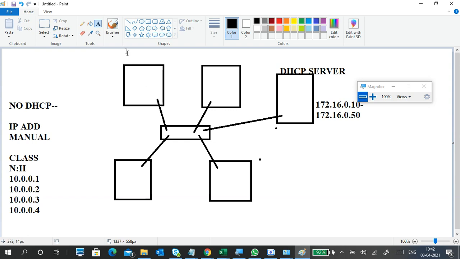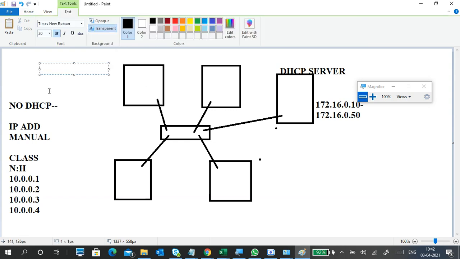I went to each PC. I will select the first option. What is the first option? Obtain IP address automatically.